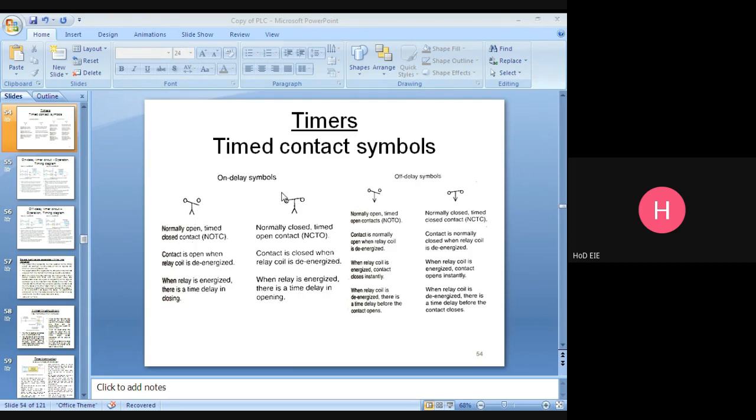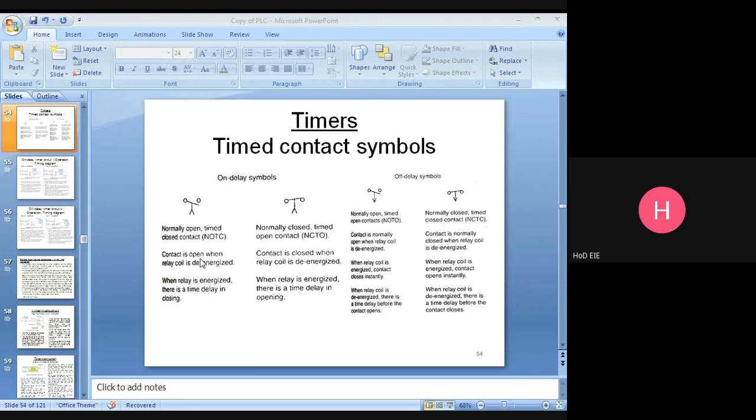Here you are giving the signal. Once you give the signal, it should open immediately, but only after some delay will this open. You come here. Contact is open when the relay coil is de-energized. Relay coil will be there. Already you have seen, once the relay coil is energized, the contact will be closed or opened.